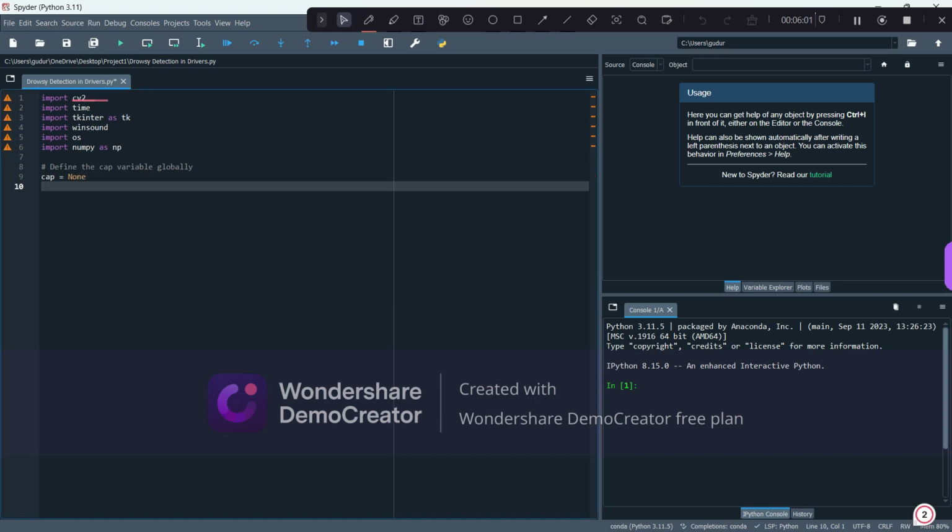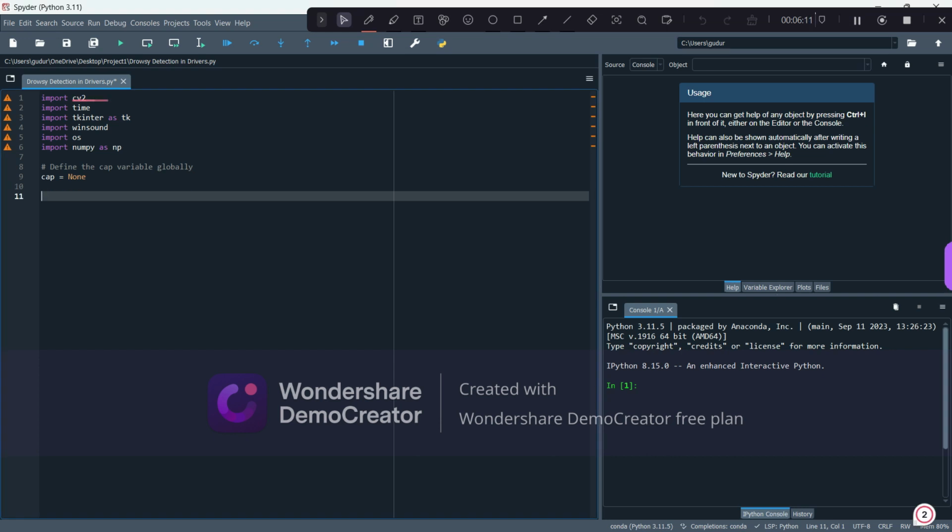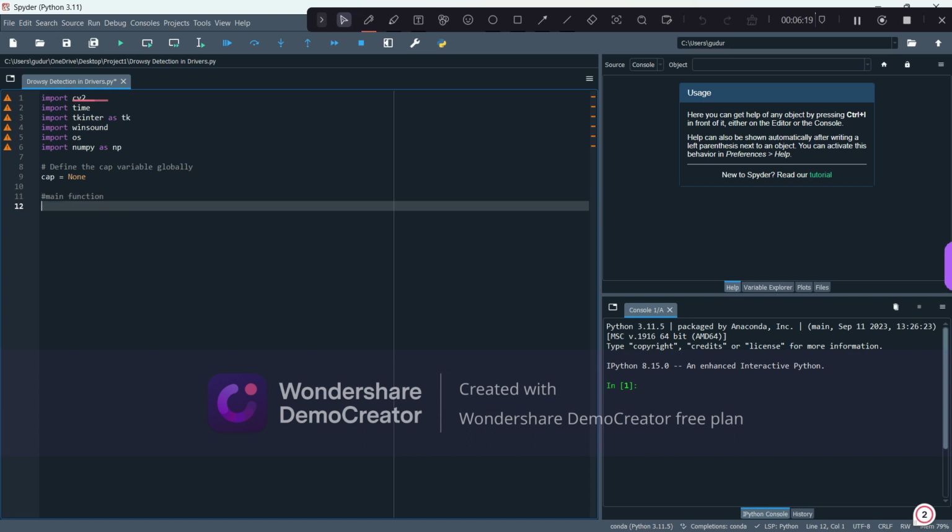Now what we have to do, firstly, let's write the main function, because we call the other algorithms as well, so we are creating the main function here. If __name__ equal to __main__,